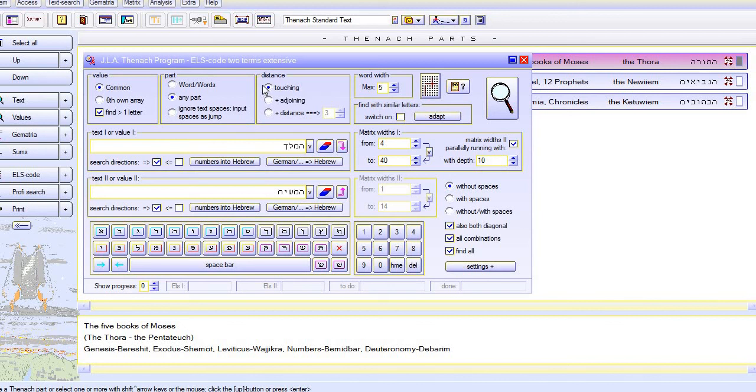Also, I'm not going to include any results where the two words aren't touching. They must be sharing a letter, or else it's not considered. And I'm only allowing the matrix width to go to 40. I'm choosing that kind of randomly, but I want to keep it low. 40 is a significant number in the Torah. It's the 40 days and 40 nights of rain, and the 40 days and 40 nights of Moses, and 1,001 other things. We're not going to use any spaces,